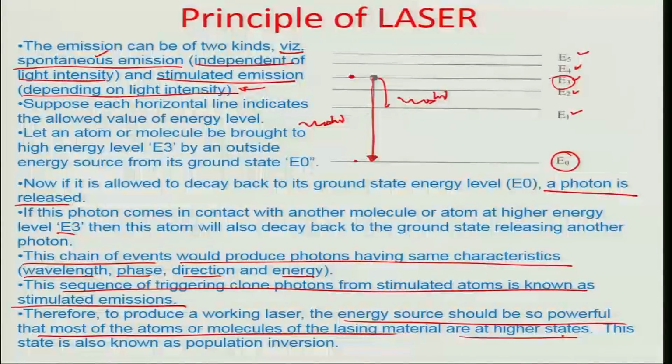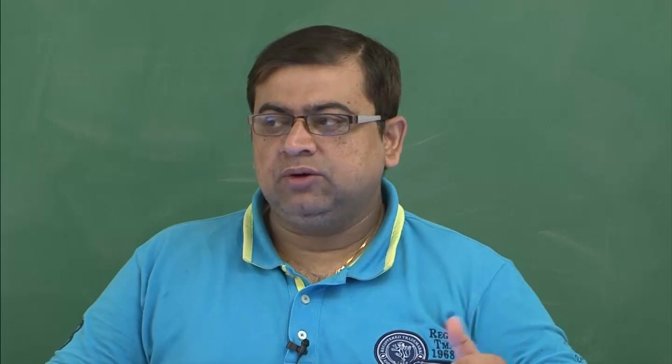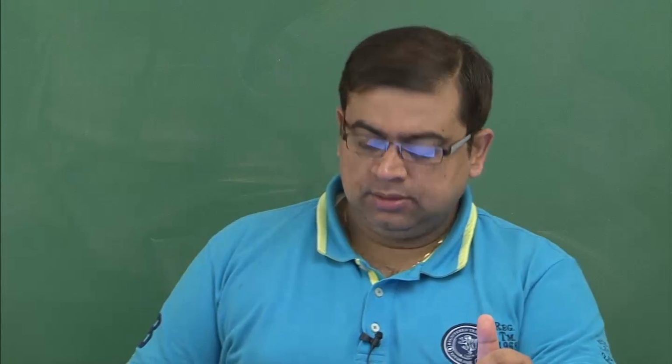So this change of the molecular state into the excited state is known as population inversion, okay. So this is the physical term which is used, and so we really aim at how much percentage of the medium is being inverted in order to get a good lasing source,